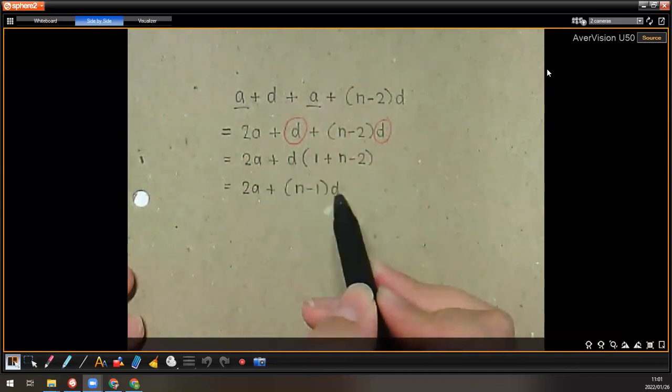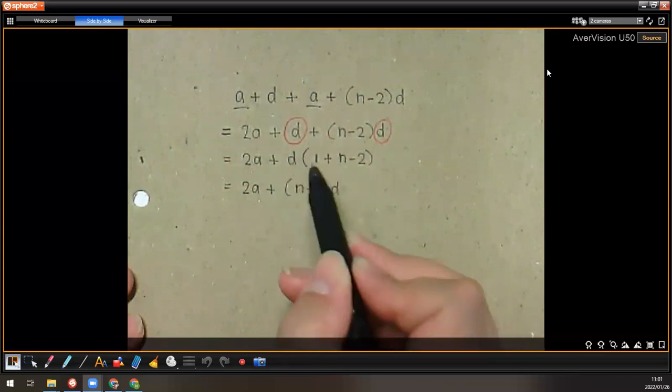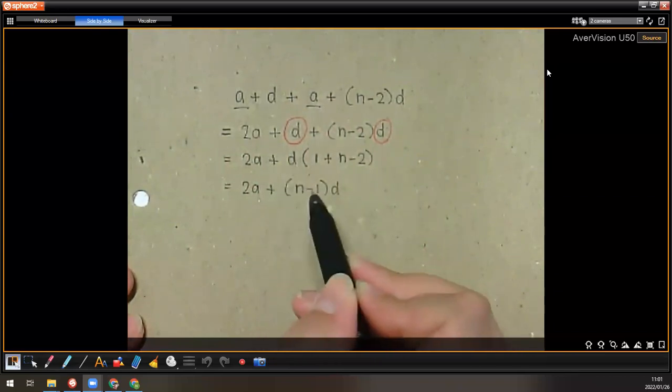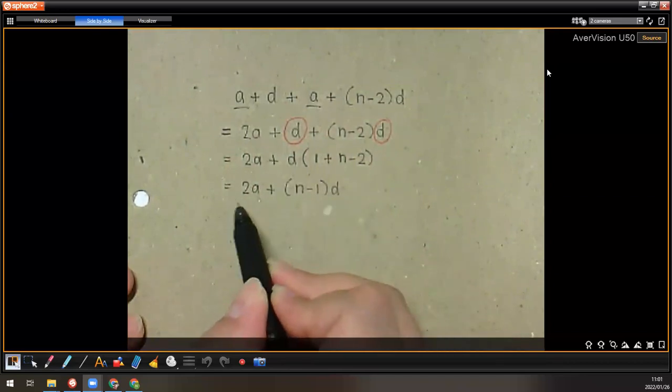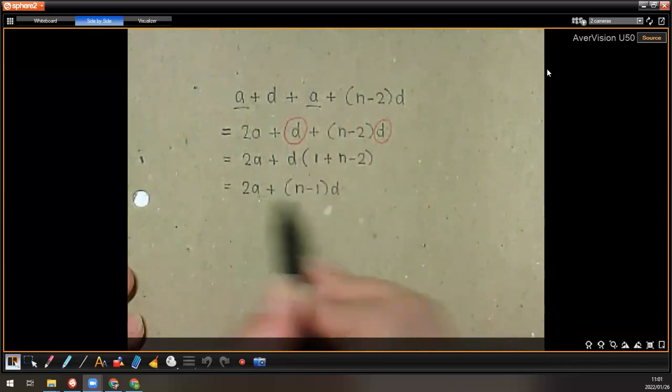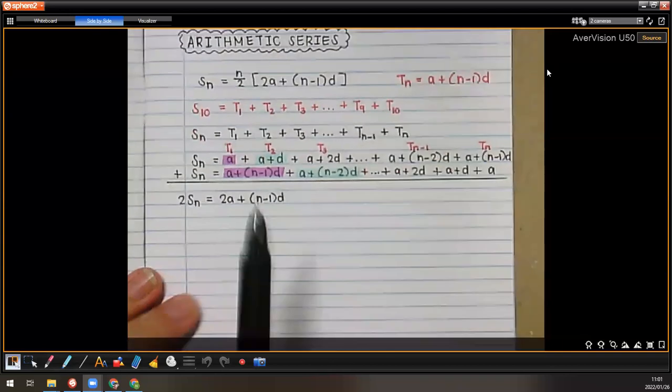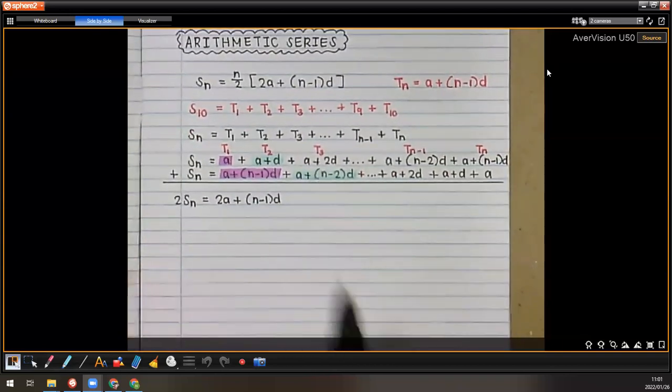Or if you wanted to write that d in front, it would mean the same thing, right? If you had d times n minus 1, that means the same as n minus 1 times d. I'm just writing it in this form because this is how the formula appears on the formula sheet. Okay, so with that knowledge now, we can see that this a plus d plus that will also give us